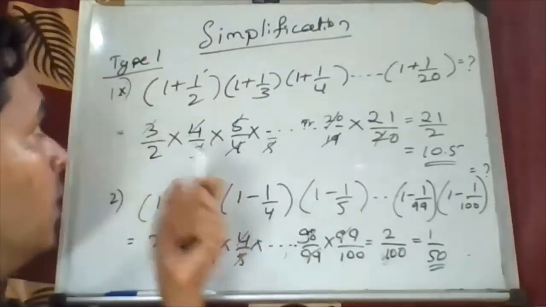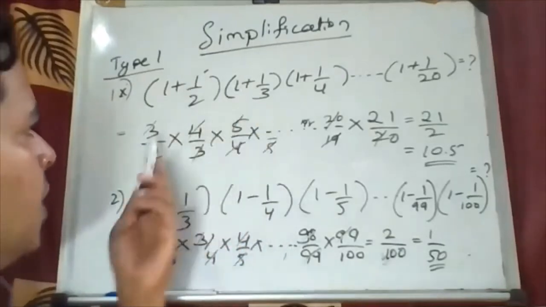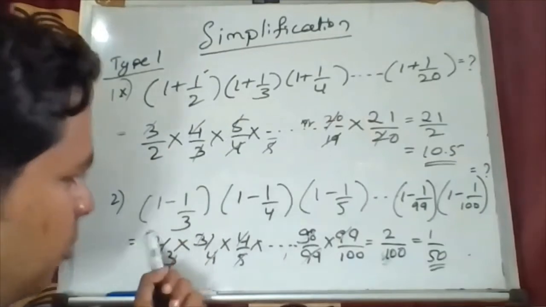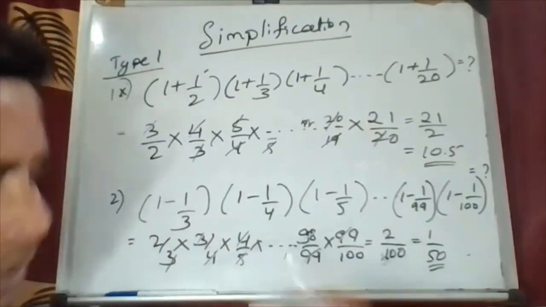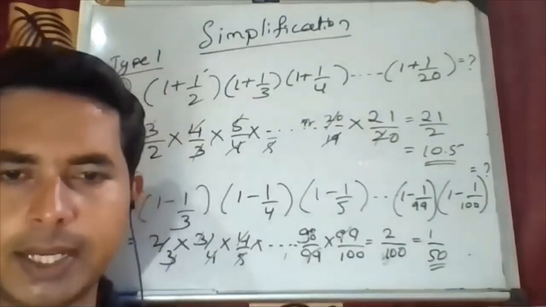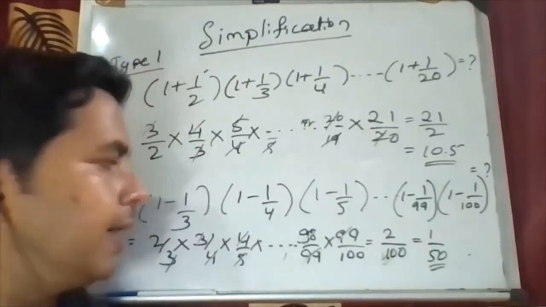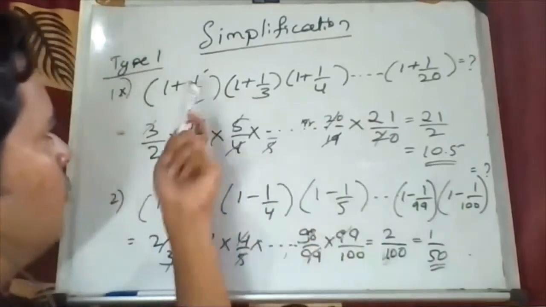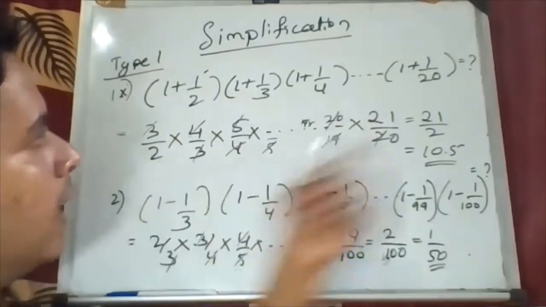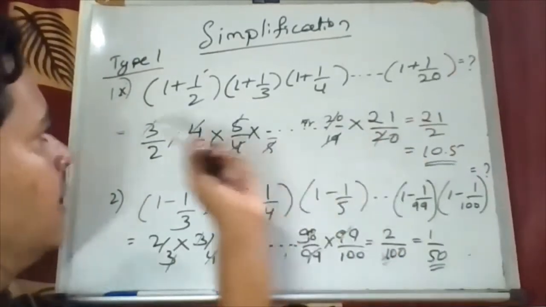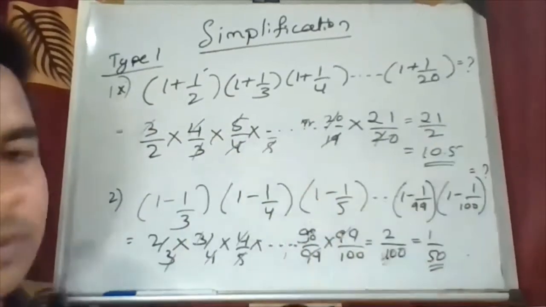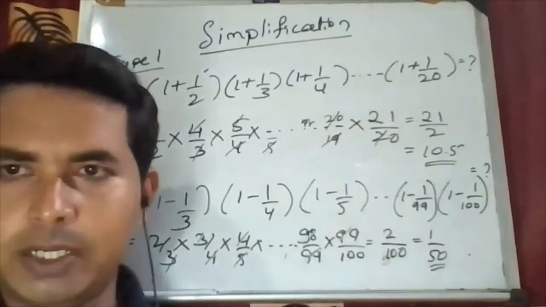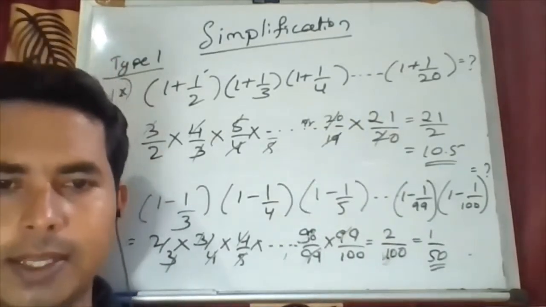So what you have to do? In the addition symbol, it is first denominator, last numerator. In the minus symbol, it is first numerator and last denominator. Okay. In that way you can directly take, instead of cancelling all. Instead of cancelling all, first consider 3 by 2 and last 21 by 20. This and this will get cancelled, 21 by 2, and here first and last numerator and denominator. Directly you can take in that way.